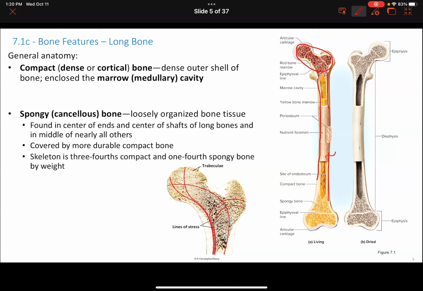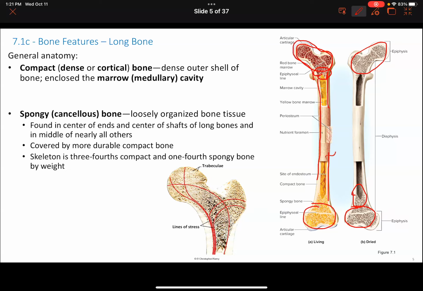So in these regions, you have spongy bone in the two epiphyses, and you can find it in the shafts of the long bones as well as in the middle of a bunch of other bones. This spongy bone is covered by the compact bone, so you can see around these ends there's compact bone surrounding